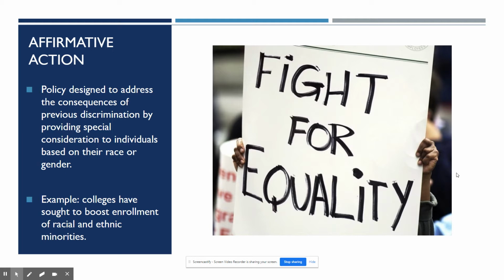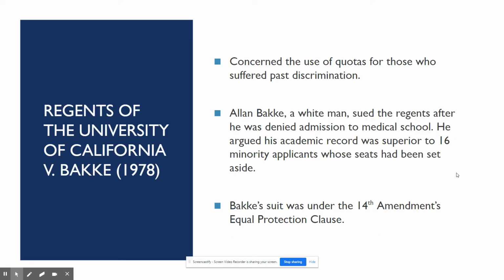So we are going to be looking at a few different cases dealing with affirmative action policies at universities. So the first is the University of California v. Bakke, and this is going to be decided in 1978. So this case is going to concern the use of quotas for those who have suffered past discrimination. So these are concrete percentages or number of seats when it comes to admission into the University of